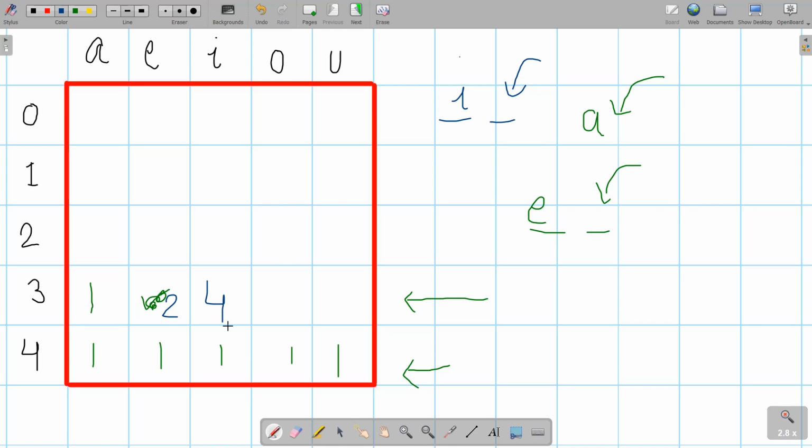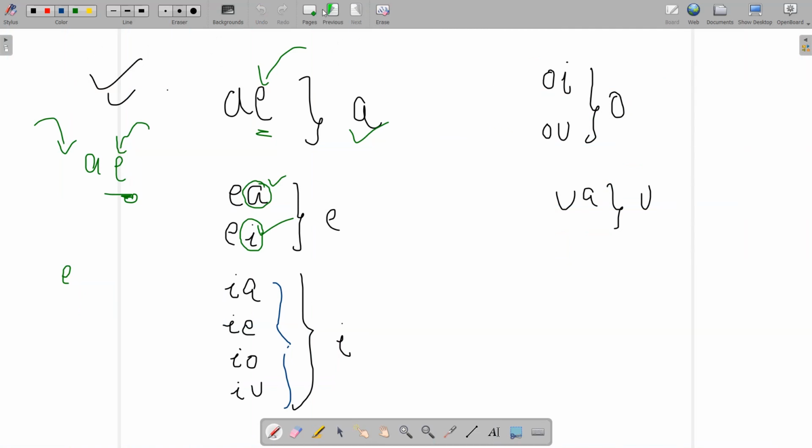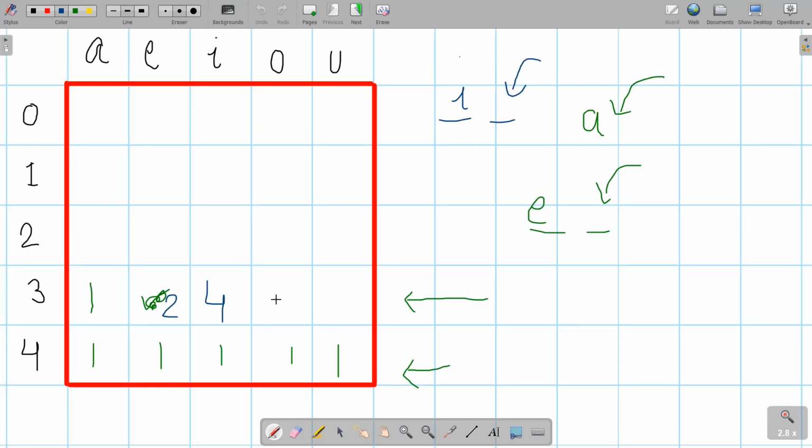For O, if I focus on I and U, I pick this one and this one, so it becomes 2. For U, it should be followed by A, so I write down 1.